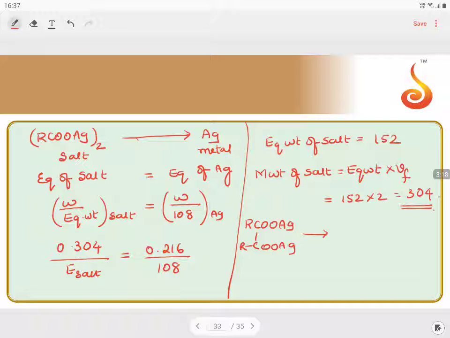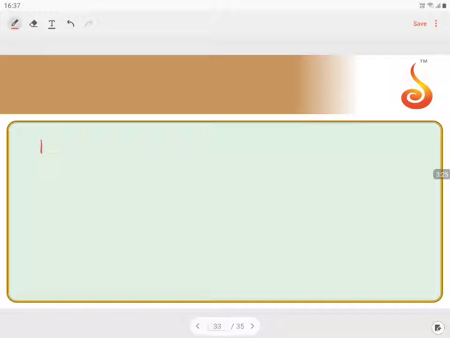This is coming from a particular salt. Let us understand this particular property. Let us go to another page and do this. If I take a carboxylic acid COOH, this is going to be the salt. It can be in this way or in a dicarboxylic acid in any other way. So let us go in another approach directly, taking R(COOH) whole twice. In this it is giving you R(COOAg) whole twice. Let us say this is what is happening.